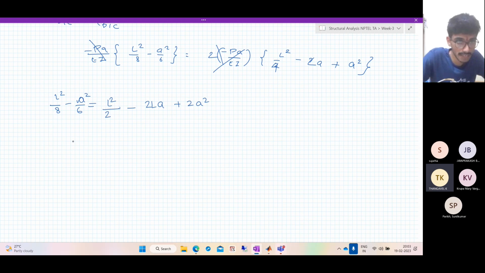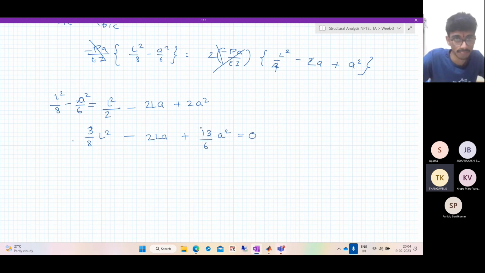So just rearrange, we get L square by 2 minus, so 4 by 8 minus 1 by 8, which is 3 by 8. So I get 3 by 8 L square minus 2LA plus 2 plus 1 by 6. So that is 1 by 6. So 13 by 6